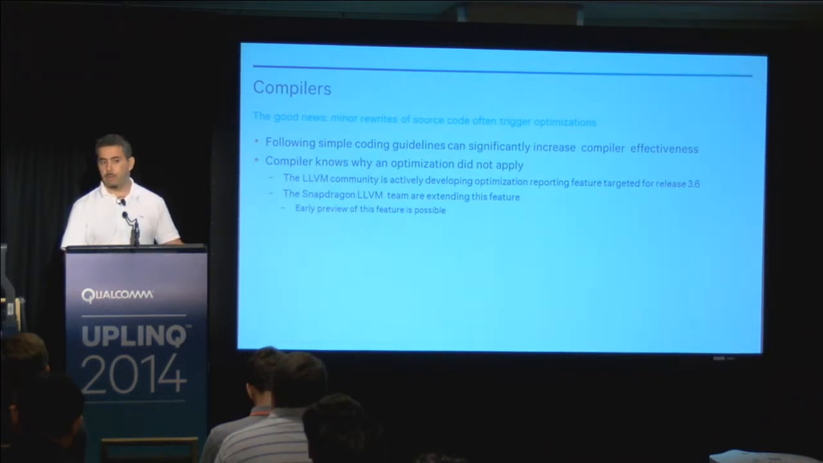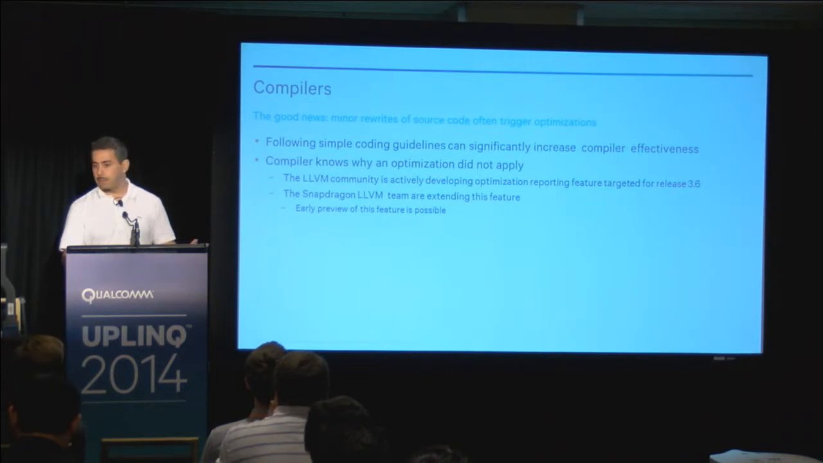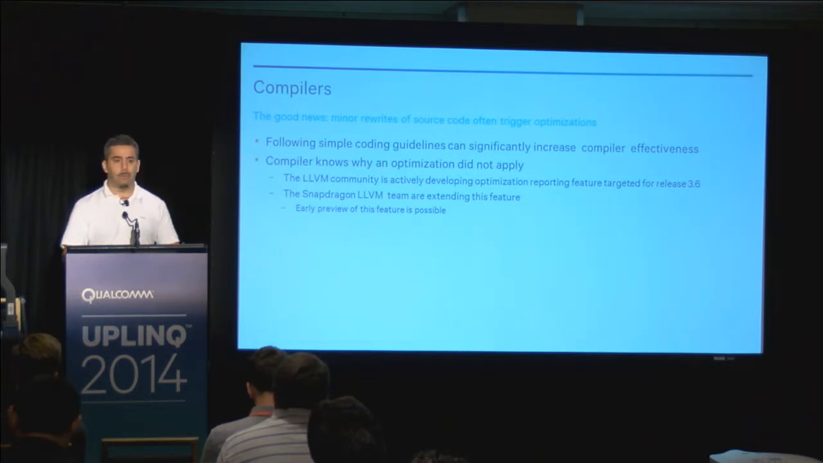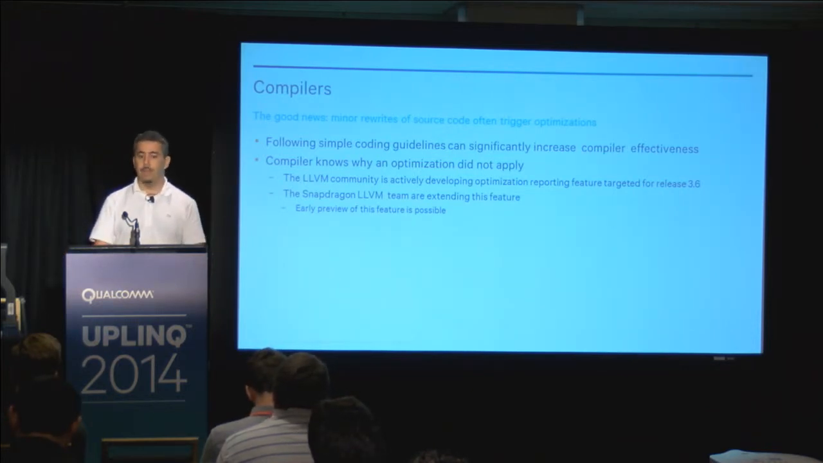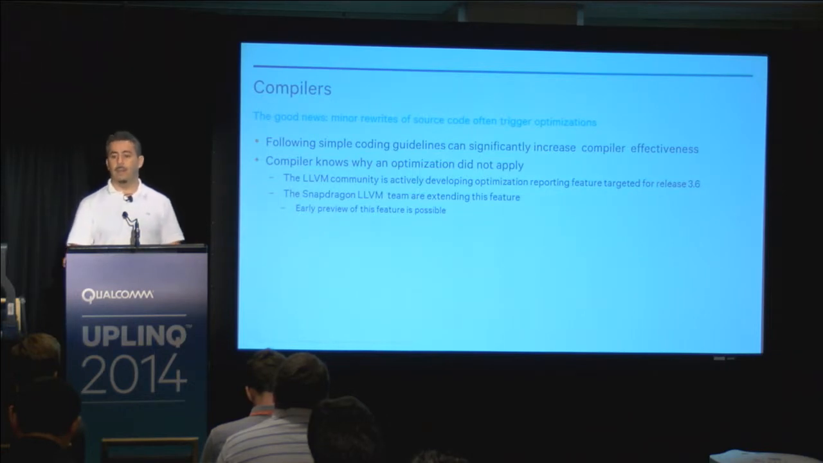Those remarks will tell you, hey, I didn't do this because of that. So this optimization did not appear for that reason. So watch for the LLVM 3.6 that's coming end of this year. Sometimes I think our Snapdragon LLVM around December or maybe January, around that time frame, we should be releasing a new compiler that